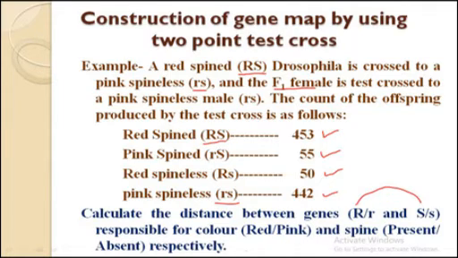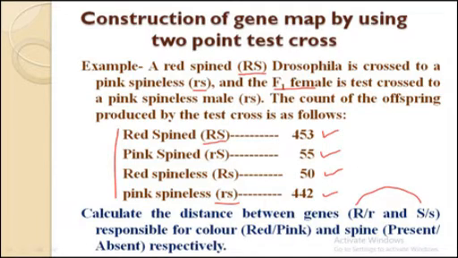So we have to measure the distance between gene R and gene S. The first and most important step to calculate the distance is to recognize the parental types and recombinant types. Out of these four offsprings, we first have to identify which are the parental types and which are the